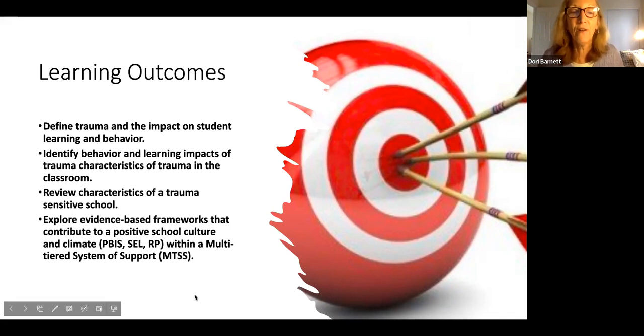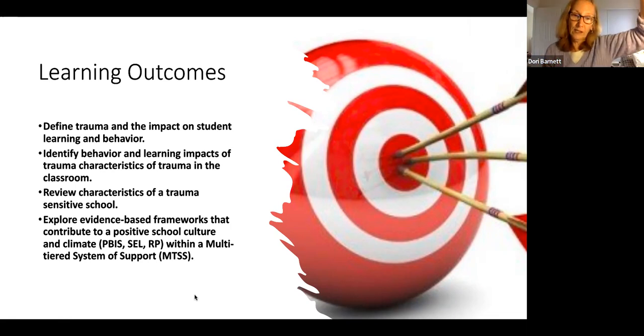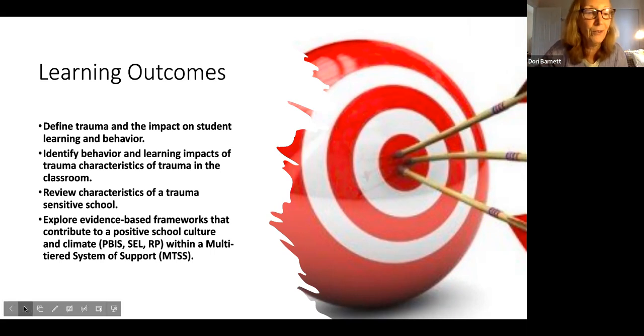Another key feature of MTSS is the integration of learning and behavior and mental health or social emotional supports within a single system, as opposed to separating those interventions into a separate PBIS and RTI. It's an integrated system of support. So one system, one continuum of support. That was just a little introductory blurb, and let's move on.